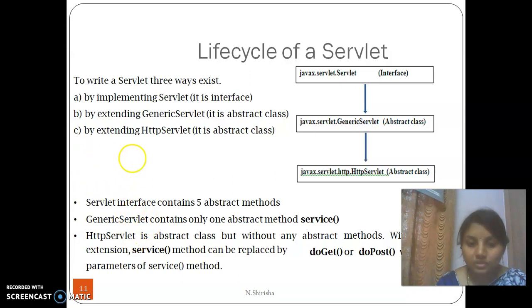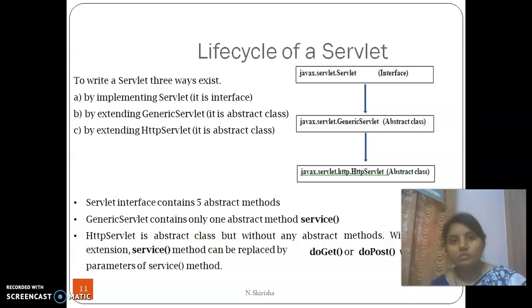HTTP servlet is also an abstract class, but without any abstract methods. With HTTP servlet extension, the service method can be replaced by doGet or doPost with the same parameters as the service method, which are HTTP servlet request and HTTP servlet response. So we can use doGet or doPost in place of a service method when we use this HTTP servlet class.